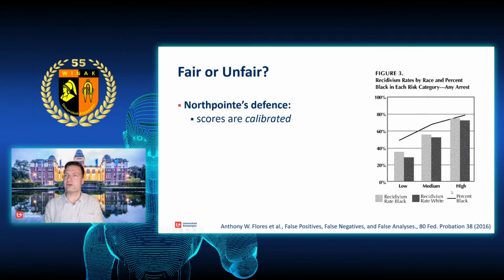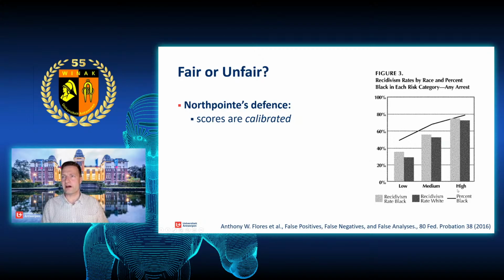That means that if you look at the different risk categories that they are giving, low, medium, high, and you look at all the people that get into the group of high risk, and how many of those really did recommit a crime, then for white and black people these percentages are more or less the same. It's even slightly higher for the black people than for the white people. The light bar is the black people, and the dark bar is the white people. A little bit confusing, but that's the way this graph is. And there you see that there is at least not a very big difference between the two percentages.